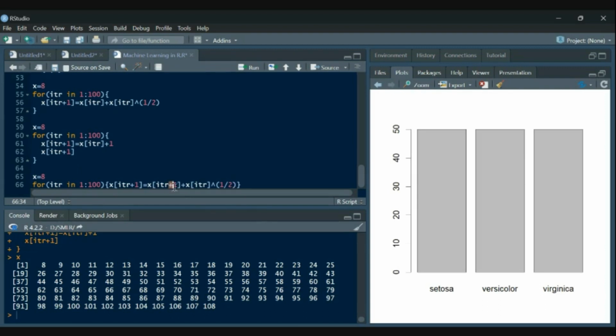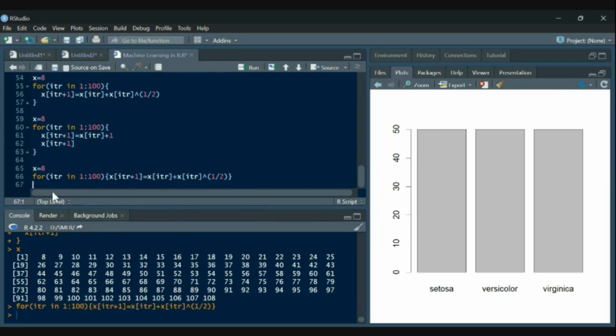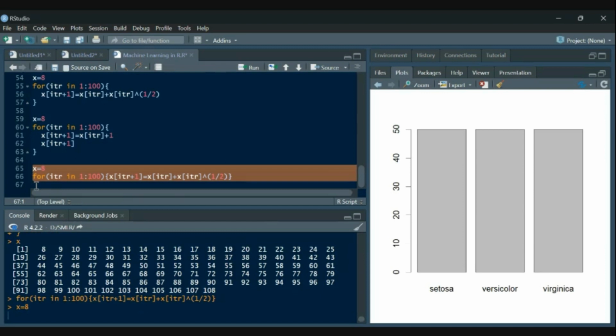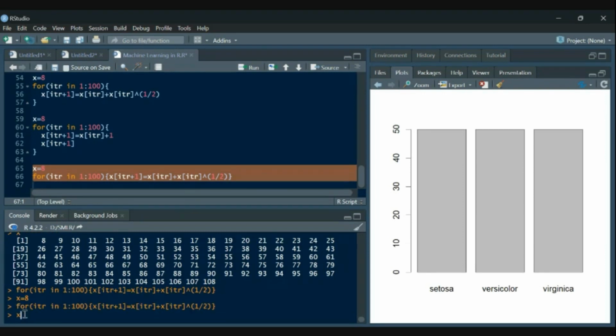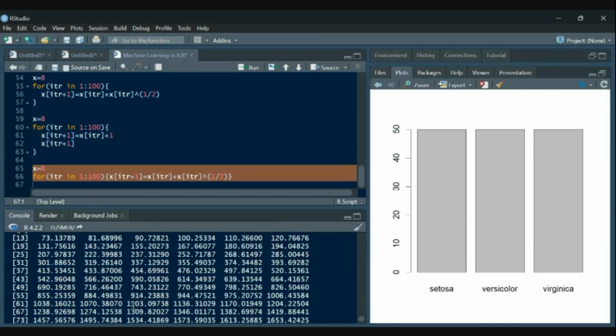And why this ITR plus 1? Which value, this X[ITR plus 1], if you write it down here, it is not created and you are using it. That is why it is creating problem. Just remove this plus 1 and then just run it. This will work completely fine. These are the values.